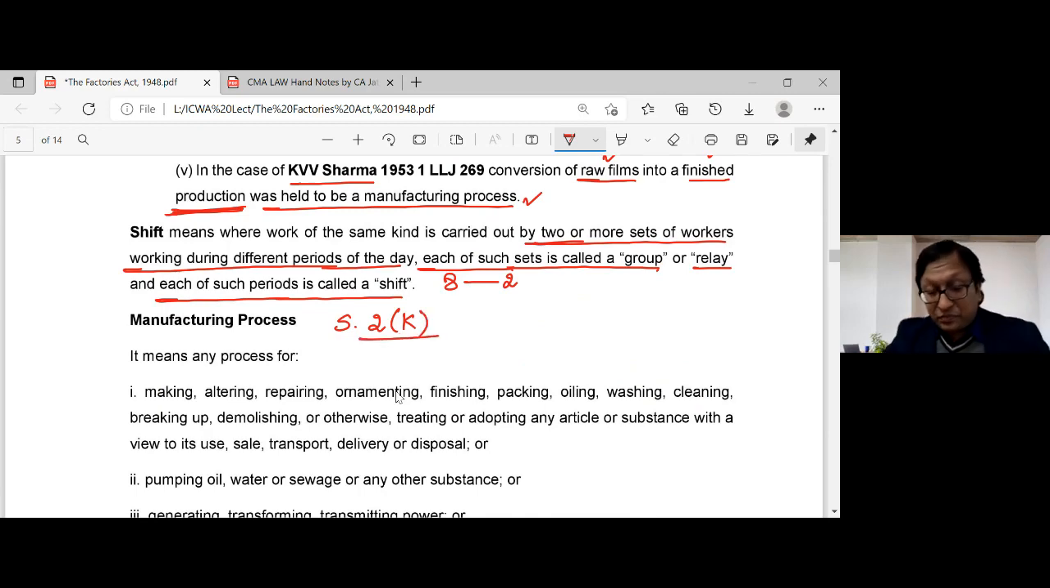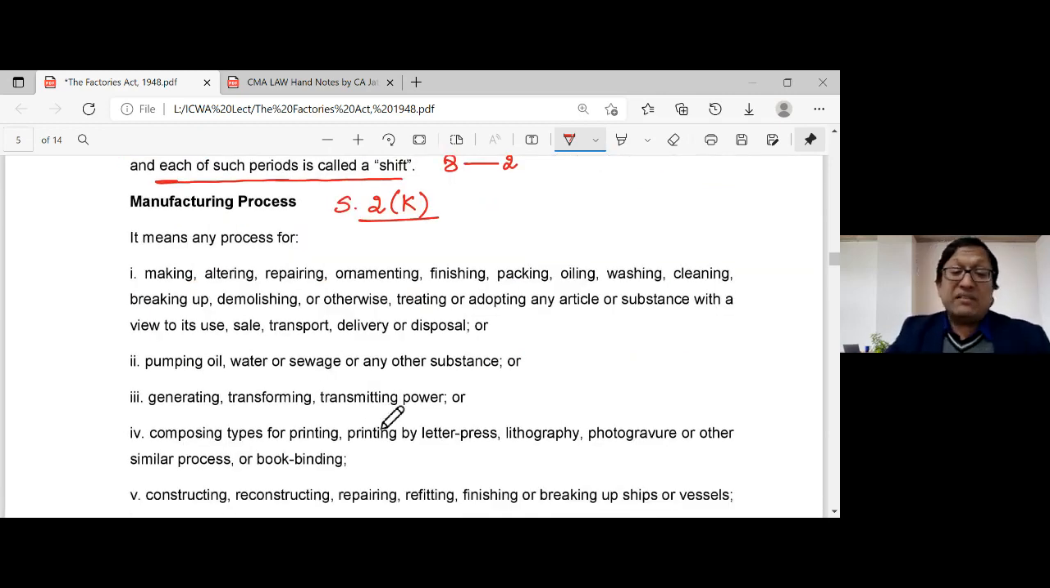So what is this? Manufacturing process means any process for making, altering, repairing, ornamenting, finishing, packing, oiling, washing, cleaning, breaking up, demolishing, or otherwise treating or adapting any article or substance with a view to its use, sale, transport, delivery, or disposal. So if we are doing any sort of activity like making, altering, repairing, ornamenting, finishing,